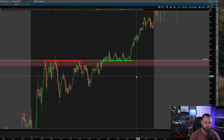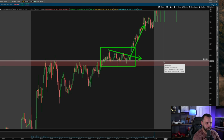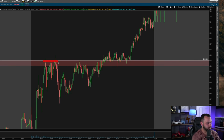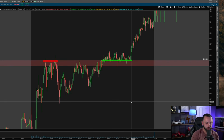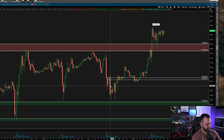We wait for it to prove to be a new support. And that is what NVIDIA did this entire time right here, ultimately breaking out of this flag for a very nice upside move. So right there in itself, I shorted the 694 level, but later in the day, if you were still around, look at how clear it turned into support and created a beautiful upside move later in the day. That same concept with the break and retest, I'll show you this real quick,